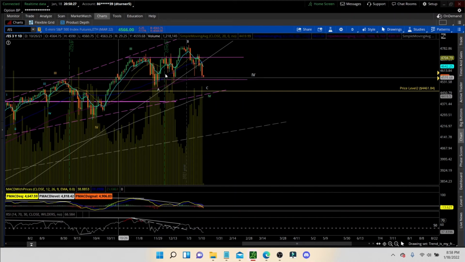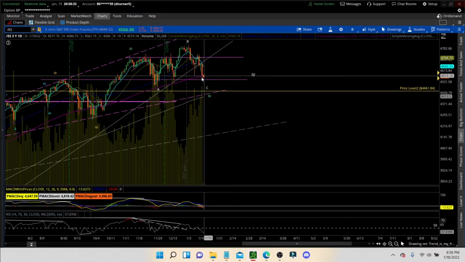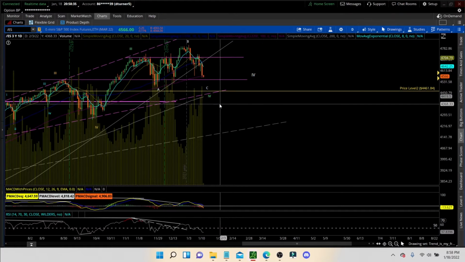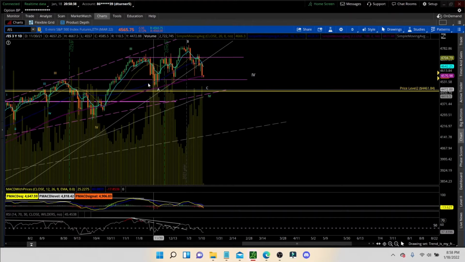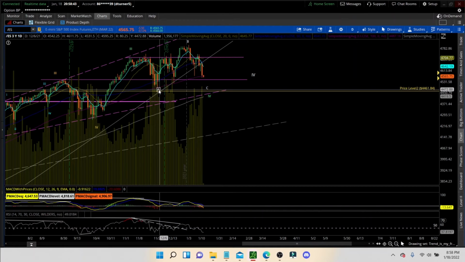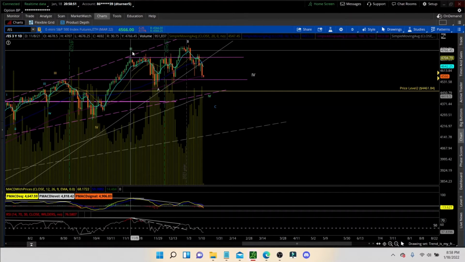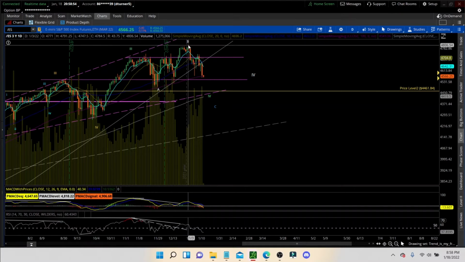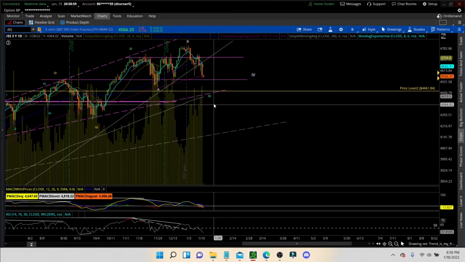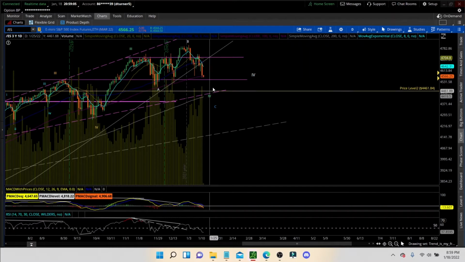Here were the previous all-time highs, so we are coming to that level to test it one more time. Let's see if we can hold it there or if we continue to the downside. But at this point, if this is the end of wave 3, it looks like we're going to stick with our original plan, and that's going for an A, B, and a C wave down here. So we should get a 3-wave move down, a 3-wave move expanded B, and then a 5-wave move down here to new lows. So this would be a 1, 2, and working on wave 3, possible 4 bounce, and then 5.